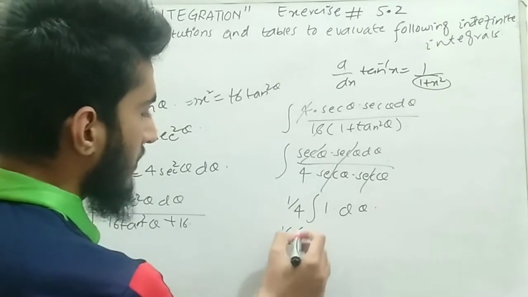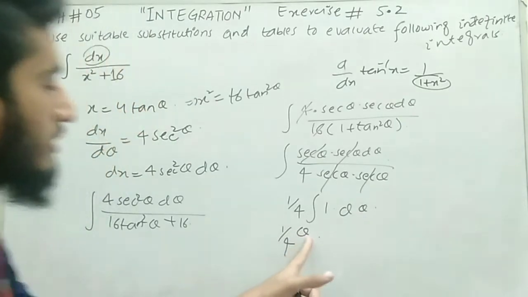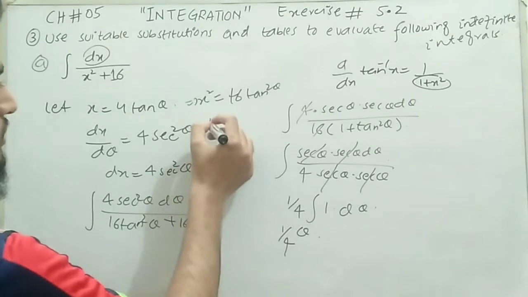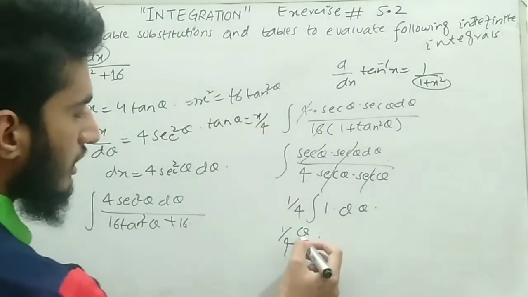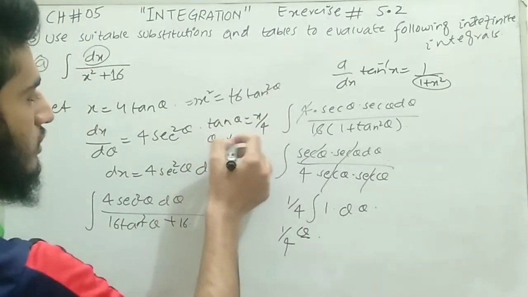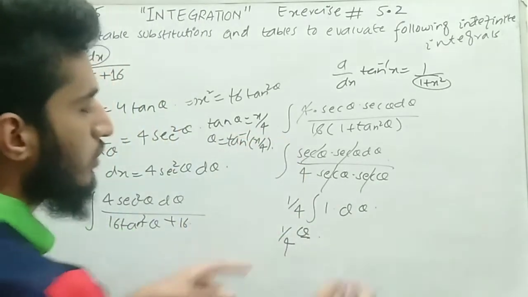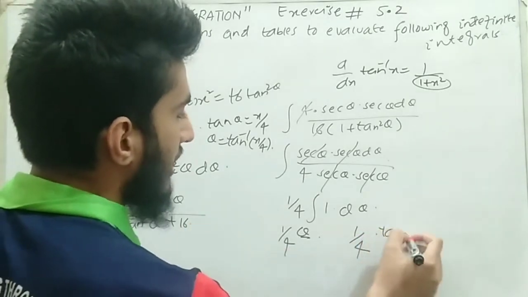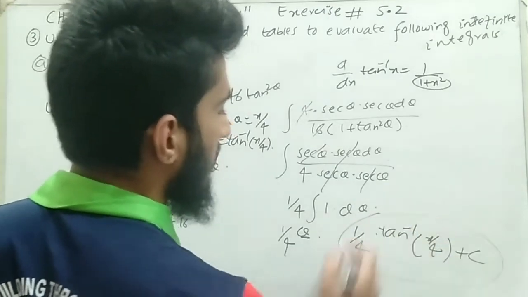Remember the integral of 1 d theta is theta, because if we differentiate theta with respect to theta, it gives us again 1. Now here theta will be replaced. Here we have x is equal to 4 tangent theta, so tangent theta will be equal to x divided by 4. Here we need theta, so tangent will move to the right hand side. It becomes theta is equal to tangent inverse of x divided by 4. Now use this value over here, so it becomes 1 over 4 times theta, which is tangent inverse x divided by 4. So this is the required indefinite integral: 1 over 4 tangent inverse x by 4 plus c.